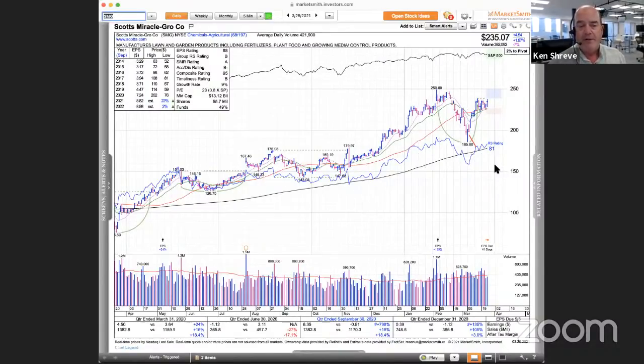So you don't see many charts like this in the market right now, but this is a classic cup with handle base. When the handle area formed over the past 6 or 7 days, it didn't get a major shakeout, which is what you want to see when a handle forms. You want to see it kind of drifting lower. So it's not an ideal looking handle, but this stock is definitely a breakout candidate with a pretty decent relative